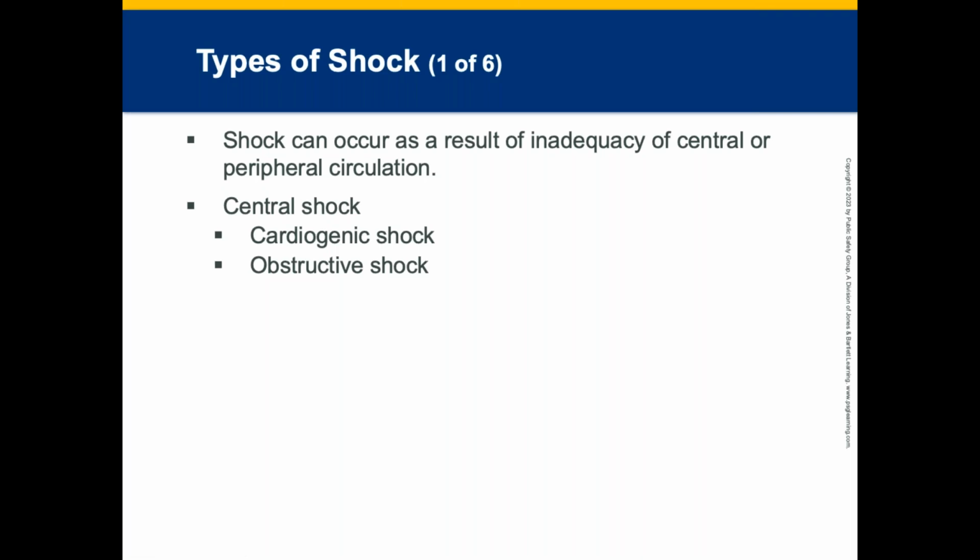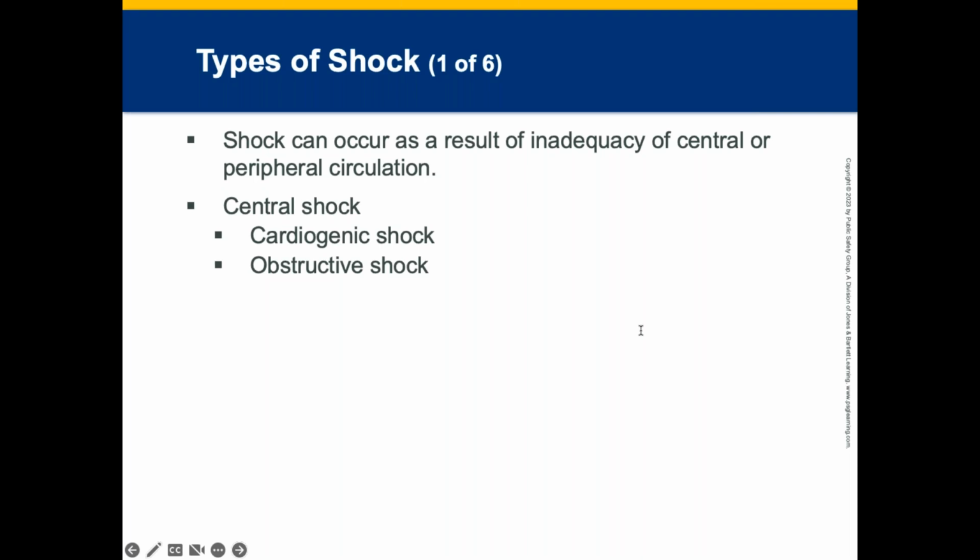From a mechanics approach, 2 types of shock are distinguished. One is what they call central shock, which consists of cardiogenic and obstructive. Cardiogenic being the heart, obstructive being more of a... drawing a blank with obstructive shock. Anaphylaxis, sorry. I think about that for a second. And peripheral, consider hypovolemic shock, and distributive shock like sepsis.